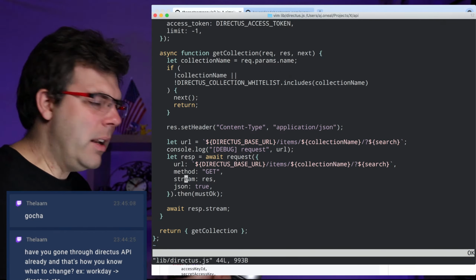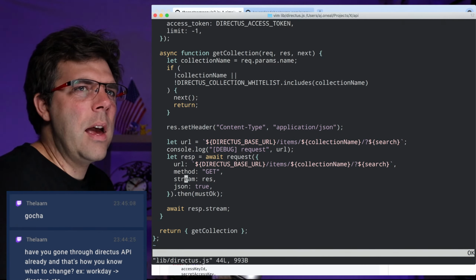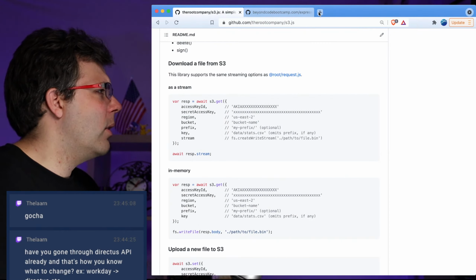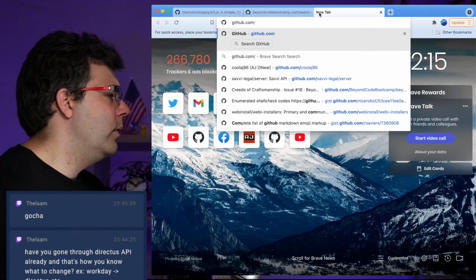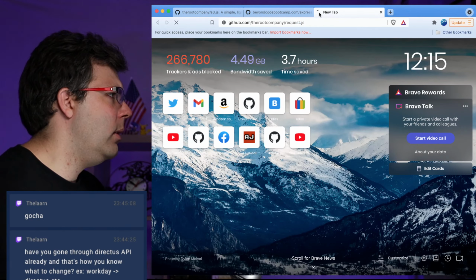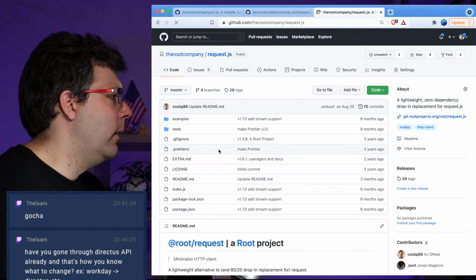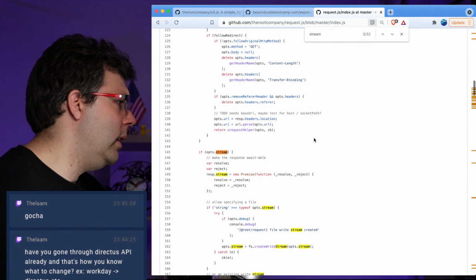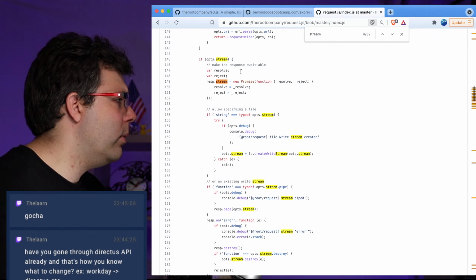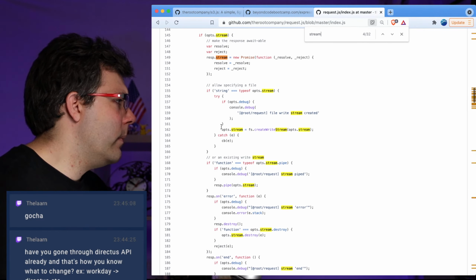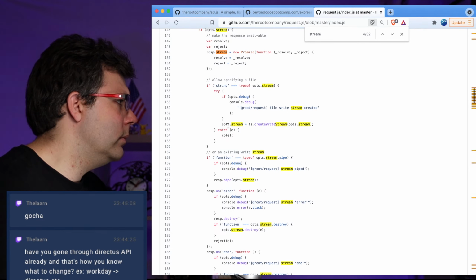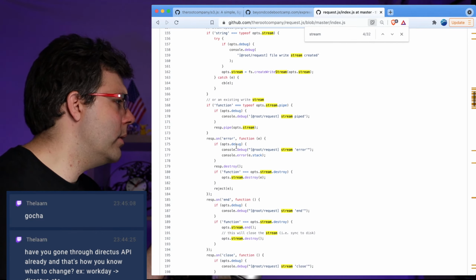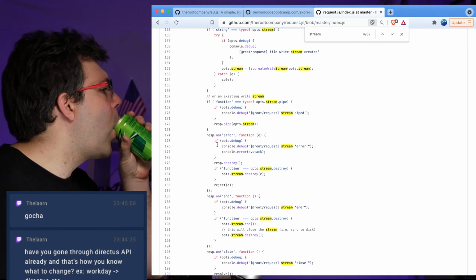And that might be something I need to make. I might need to expose that through the request library. I'm just going to go take a peek at that real quick. Did I have this up on here yet? Yeah, I do. It's up here. Okay, so if I go look in here, do I have any sort of way to stop this? So we've got a promise. Create a write stream. Use an existing write stream. So if there's an error,